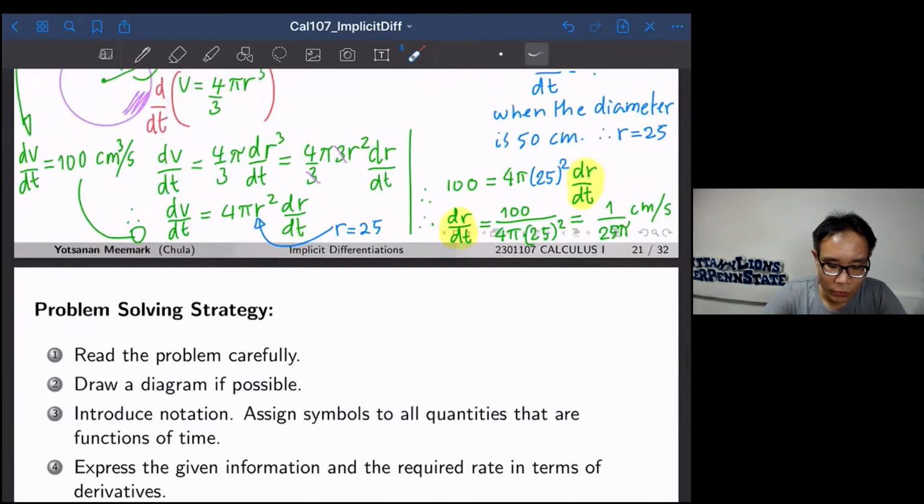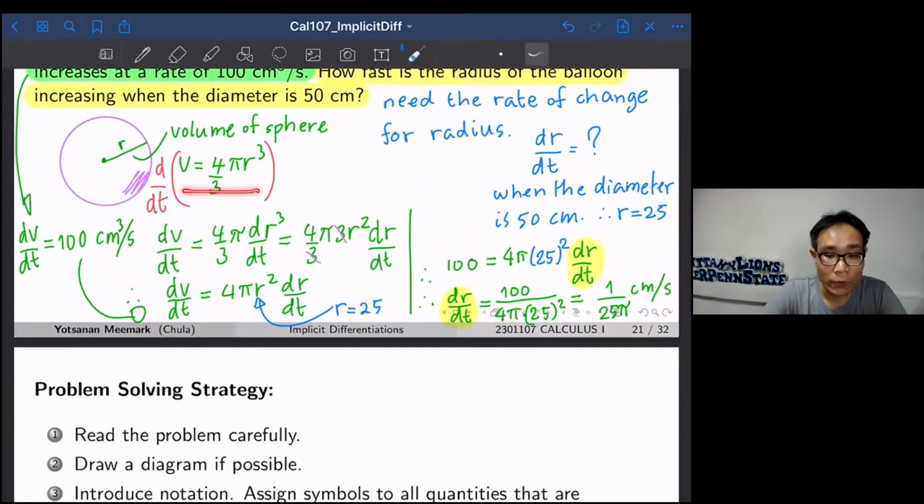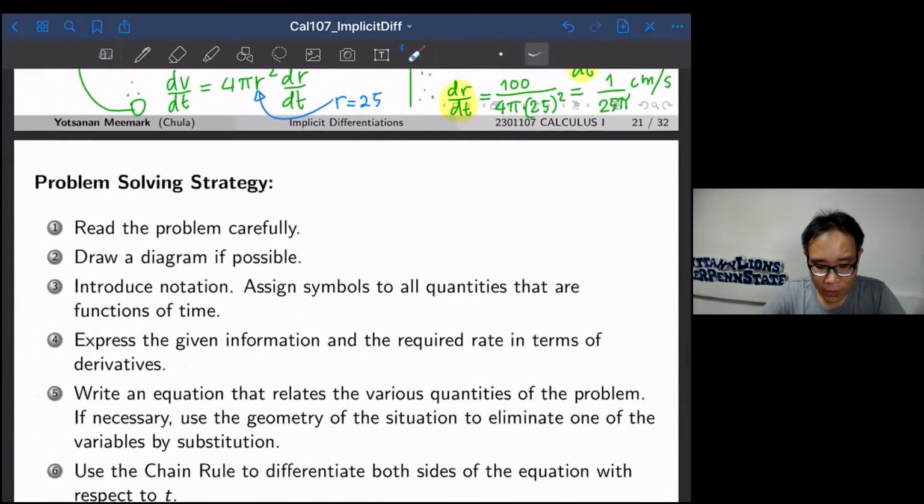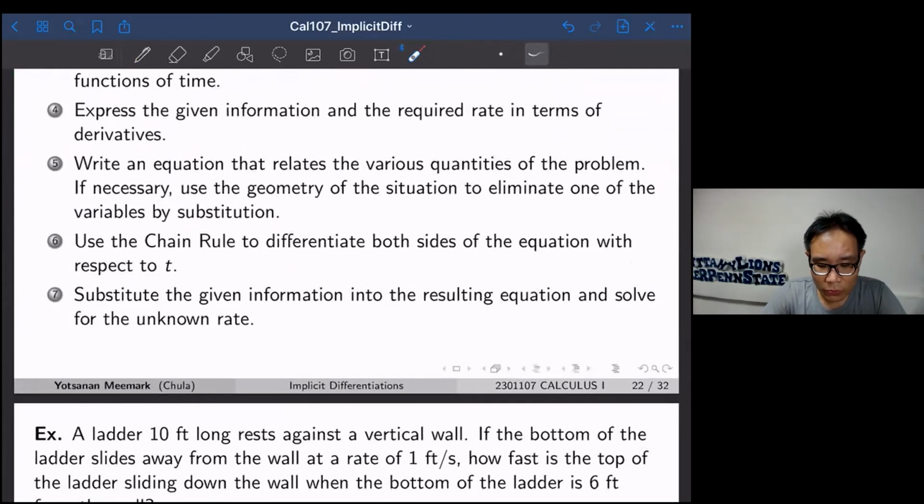So this is what we do for V equal to 4/3 pi r cubed, and then you use the chain rule to differentiate both sides of the equation with respect to time t, and we substitute the given information. Okay,